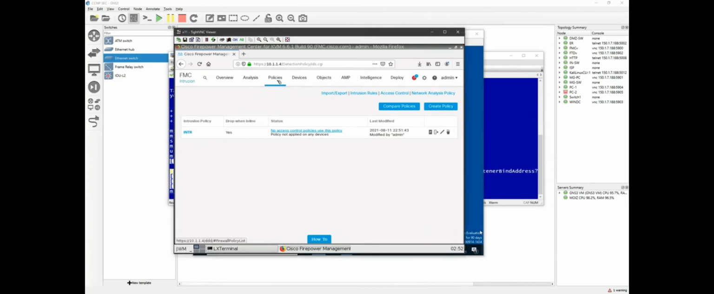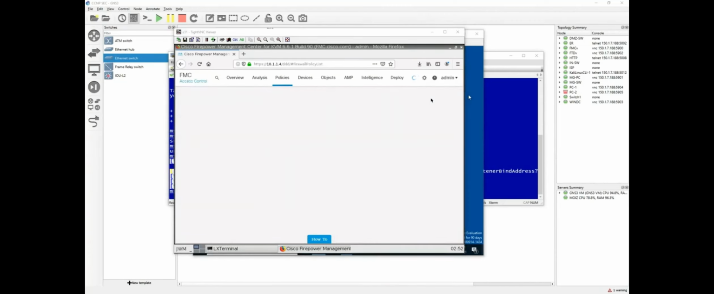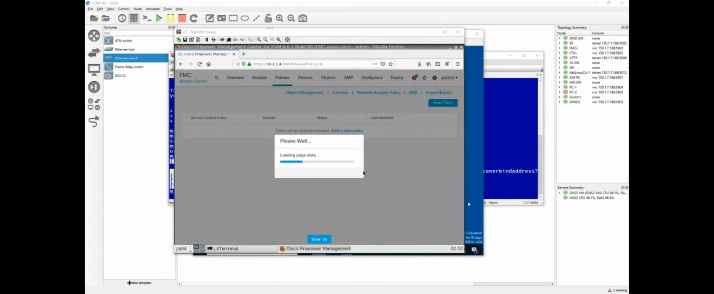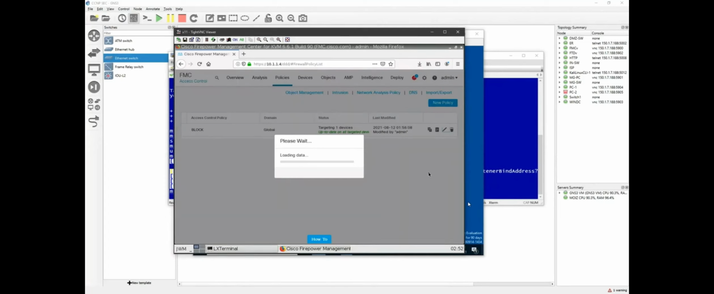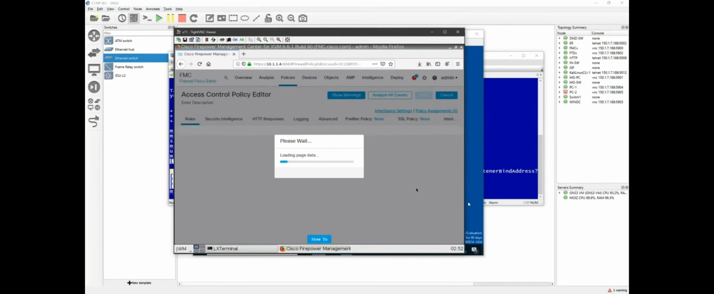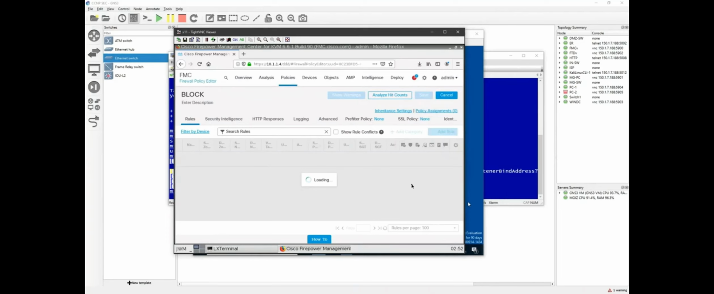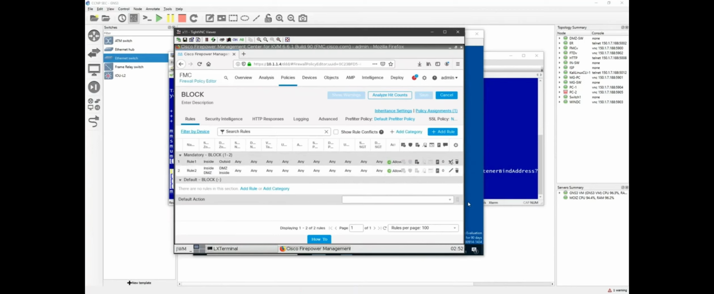So now I will go to my policies, access control policy, and now I will apply to the rule. So we have applied the file and malware policy. In the same way, I'm going to apply the intrusion policy. So I will apply to the rule level. I will apply to rule 1, which is going from inside to outside. Click on edit,